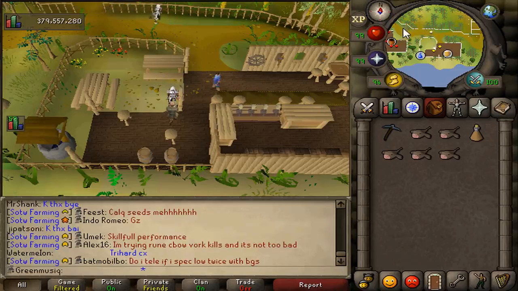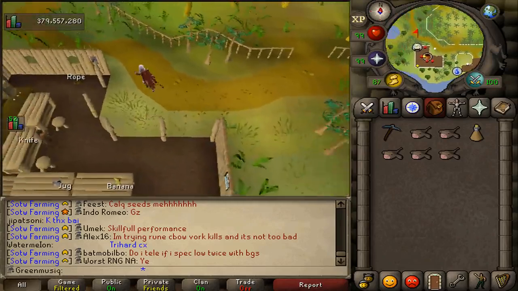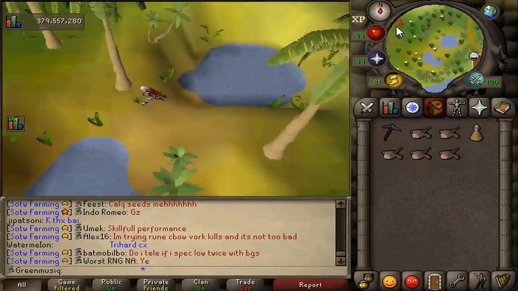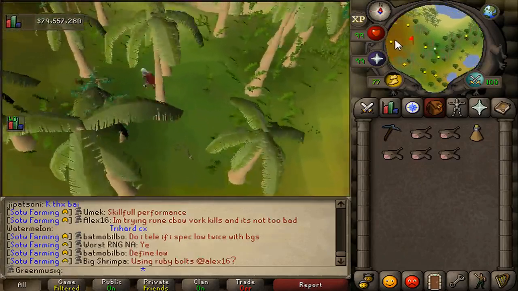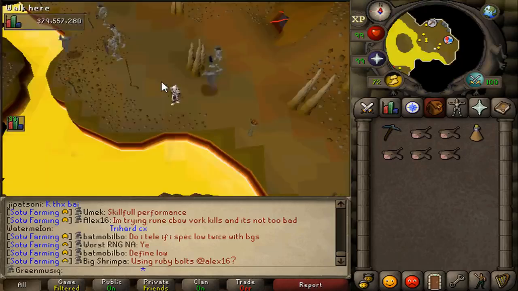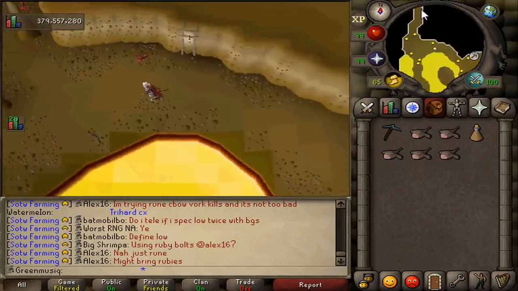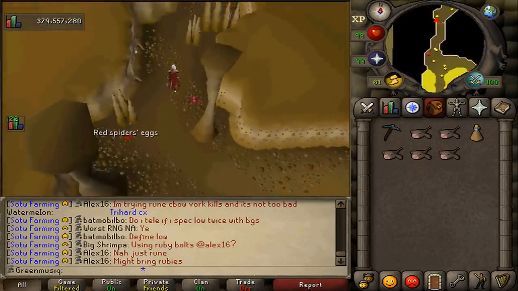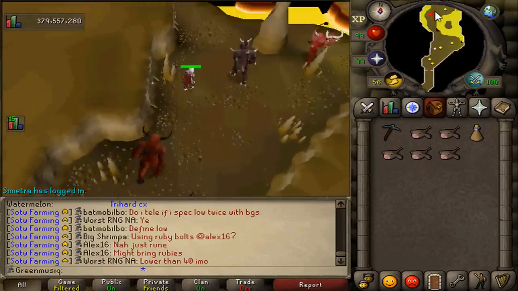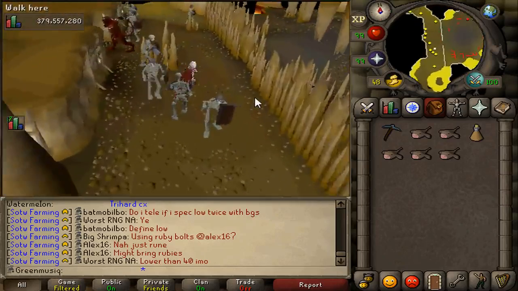Right, next we will need to go to Elvark's lair. So let's just run west. You pretty much know where that is located. You already have 200 quest points, so...